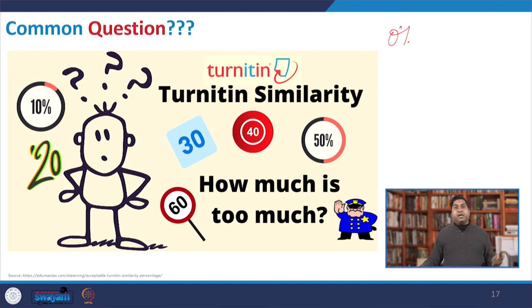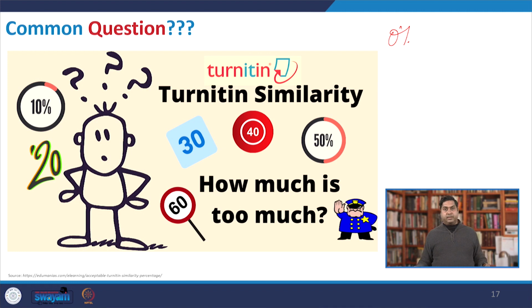But so far as similarity is concerned, as I already mentioned, there may be certain common segments in the write-up. For example, in a paper it is normally written that "Table 4 demonstrates" or "Table 5 summarizes the analysis from the survey data." This is a very common sentence, and it may come from multiple sources. In such cases, this is a common statement, and normally 10%, or depending on the institute 10% or 20%, of this kind of similarity is still considered acceptable,